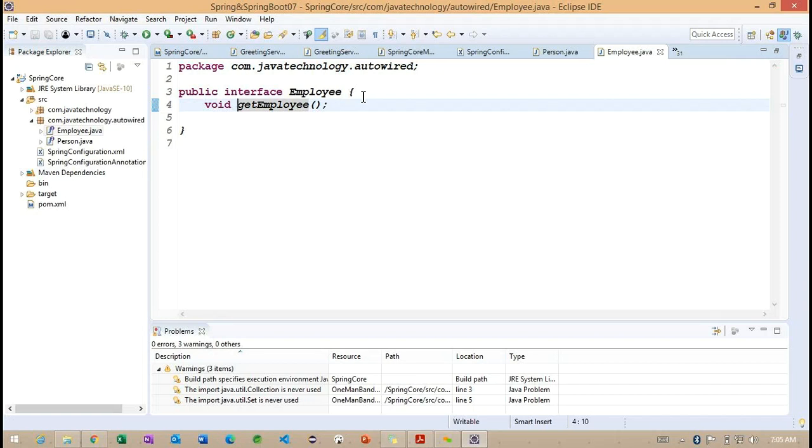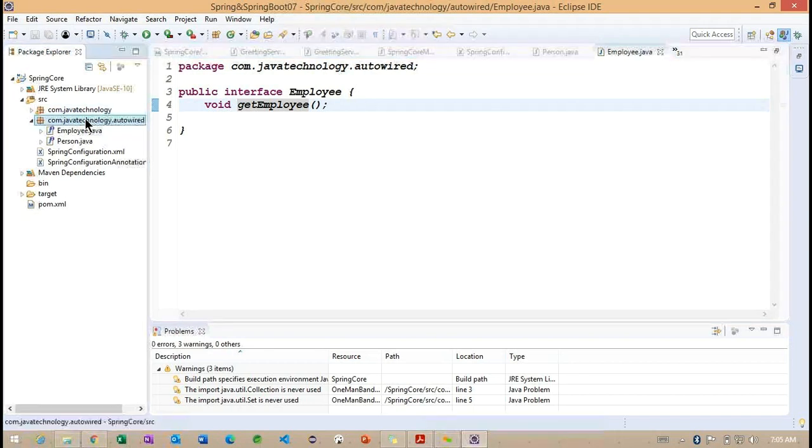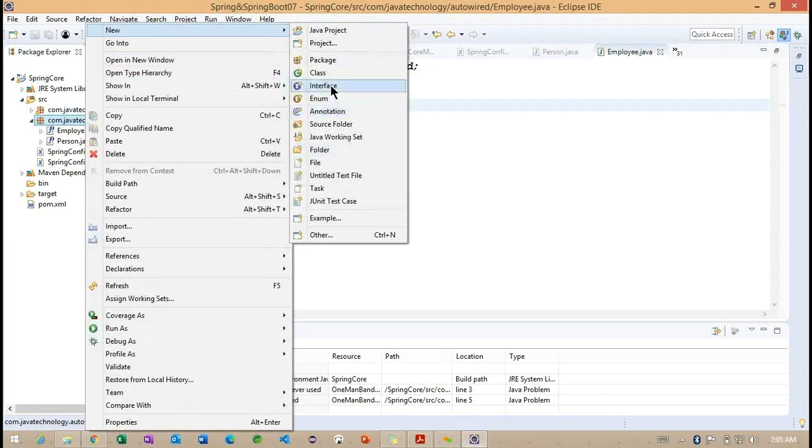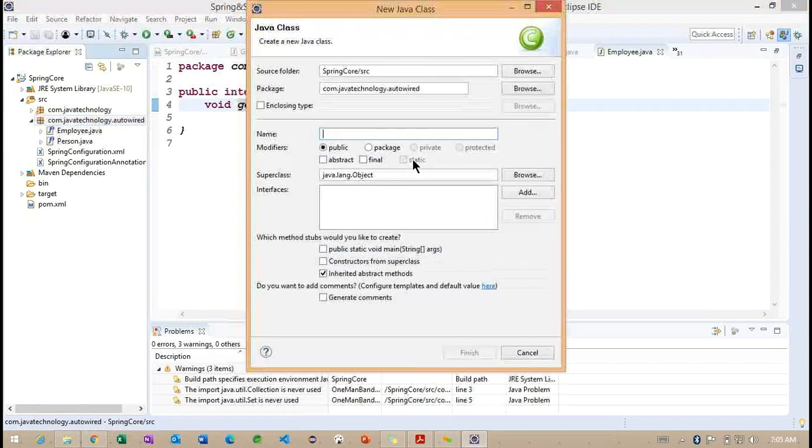The first one we created as Person, the second one we are going to work with is Employee. Let me create one implementation class of this Person.